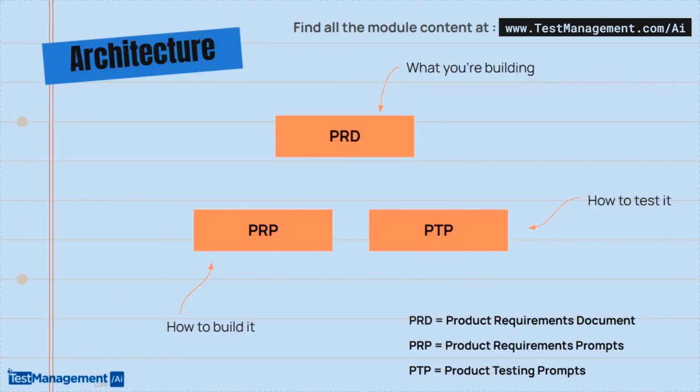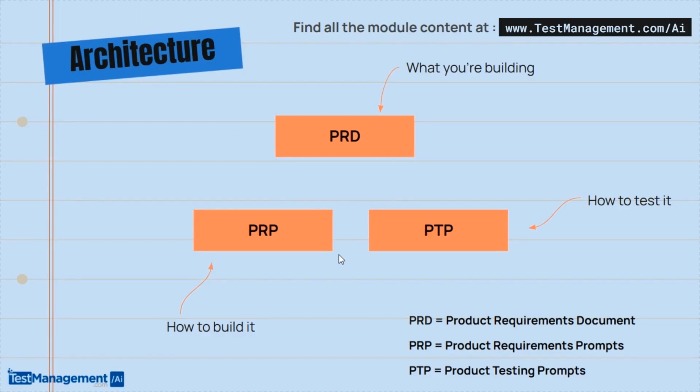The core architecture of the approach we're using to build these automation frameworks with Playwright boils down to three core components. Defining the PRD, which is the product requirements document. It's the what you're building, and we're building a Playwright automation framework. We then have the PRP, which is the product requirement prompts. These are the detailed requirement prompts to feed to Claude Code so that it can build a scalable production Playwright